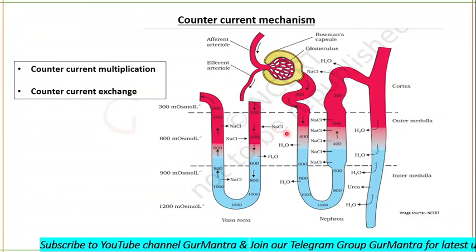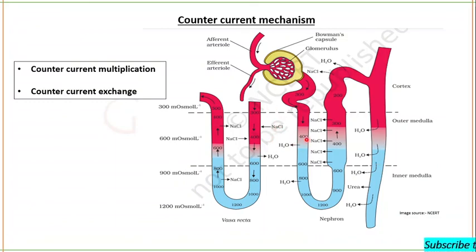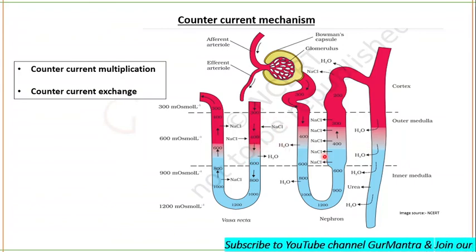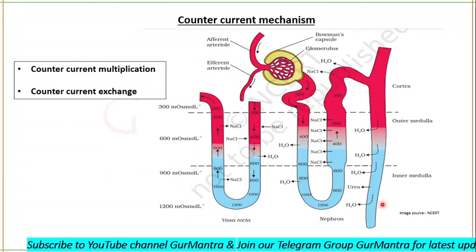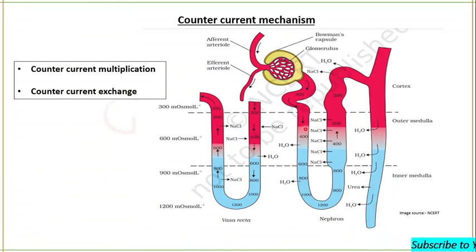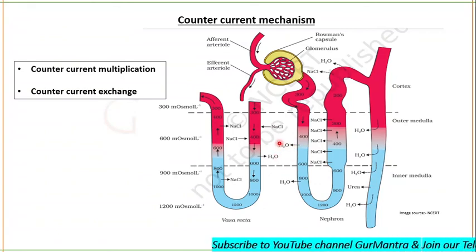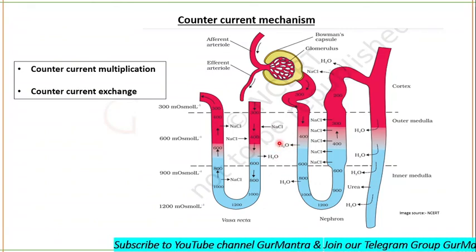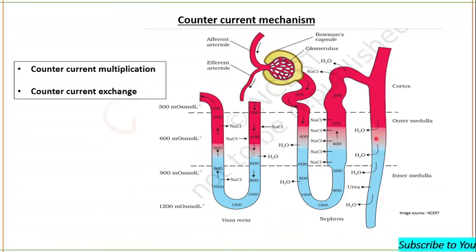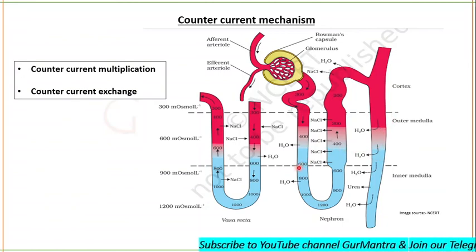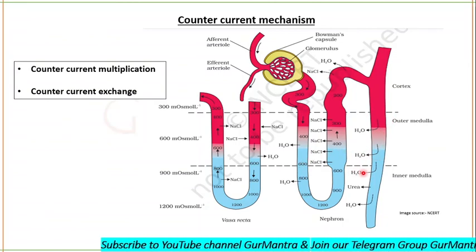And because the sodium chloride ion concentration is increasing in the interstitium due to this countercurrent mechanism, this countercurrent mechanism is occurring in the nephron and vasa recta as well. And the other one is the urea cycle, which is contributing to the increased concentration of interstitial fluid, which is increasing the osmotic pressure. And ADH is also working, which is allowing the water molecules to come out of this collecting tubule into the interstitium, and ultimately concentrated urine is formed.